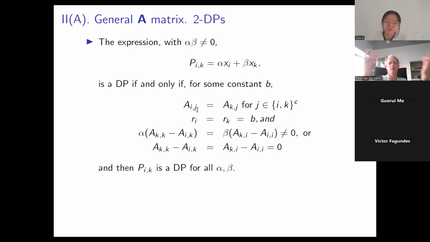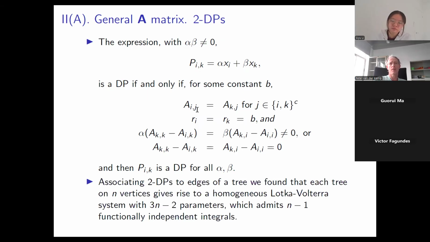And then the question is, okay, well, we can then construct a matrix that has one Darboux polynomial. We can then use that Darboux polynomial and all the other Darboux polynomials we already had, the coordinates, to find an integral, all very nice. But how many of these constraints can we impose on the matrix A? Can we indeed impose n-1 constraints and still have kind of parameters? And the answer is yes.